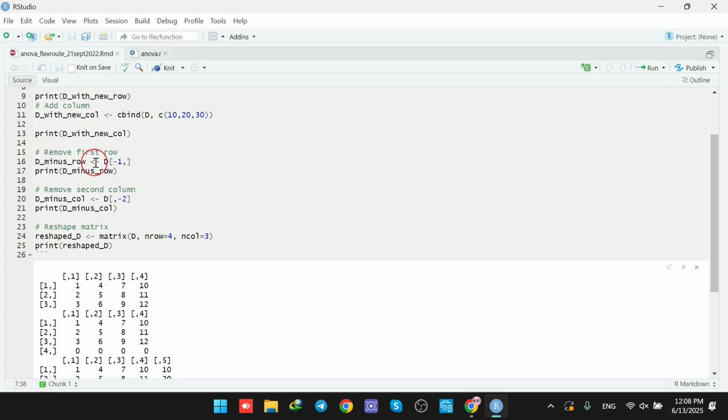Then we are having the new column being added. So this new column that we would like to be added, we are going to add it to the matrix D. So this original matrix, 3 rows and 4 columns, we're going to add a new column here. Then we are going to use the cbind function for the matrix D, and then these are the values that are going to be added for the new column: 10, 20, and 30. All of this is assigned to a new matrix called D with new col,